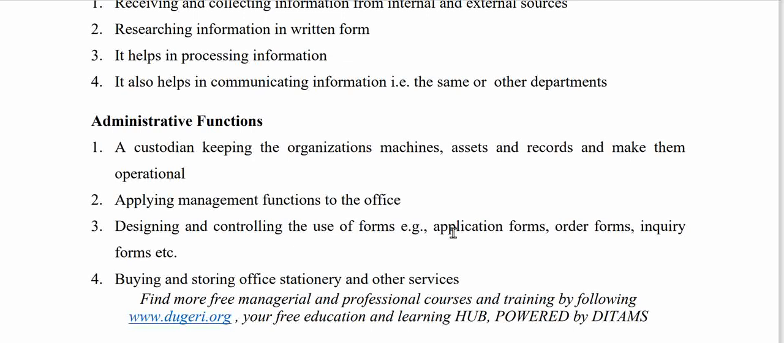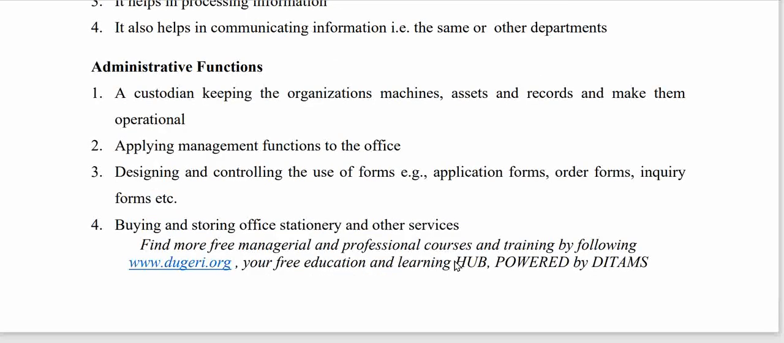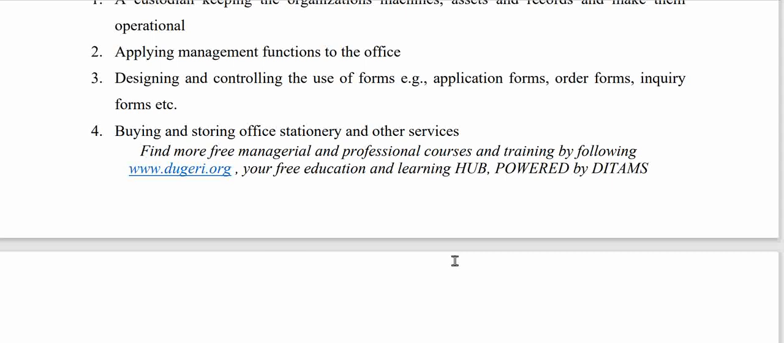Unless otherwise. Number two, applying management functions to the office, designing and controlling the use of forms: application forms, admission forms, order forms, discharge forms, inquiry forms, and treatment forms. All those things are designed within the office. So that means you need the office for the purpose of administration, and that is for handling, designing, and controlling how the forms should be used within the organization or within the hospital, and also buying and storing office stationery